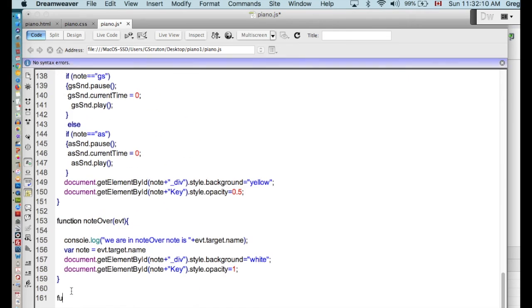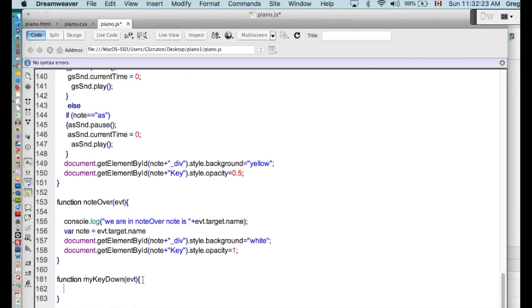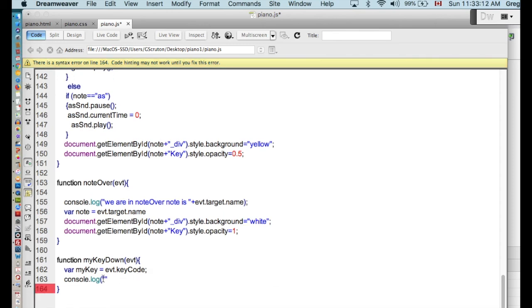Let's go way to the bottom. Function my key down. Just paste that. And it's taking an event as an argument. We'll do a console log. We want to know what key we pressed. I'll make a variable called my key, and that is going to be our event dot key code. And that's going to tell us what key we've pressed. Our key code, I'm going to write the word my key, is going to be the value of my key,